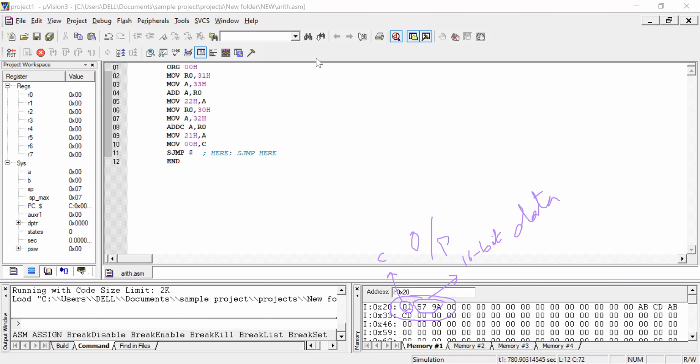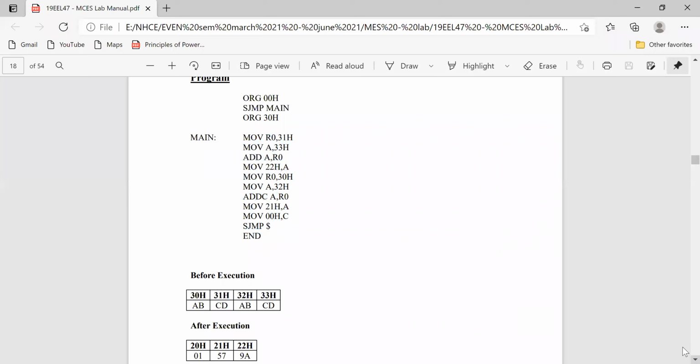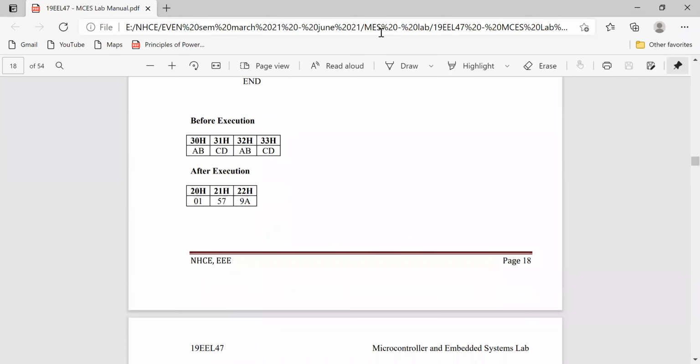I will share the manual now. So this is your manual. Here you have to tell me. This is the value, these are the two values I am adding. These two values, if you see, the result is greater than this value, but I have a carry 1 after the result. What do you understand from this?